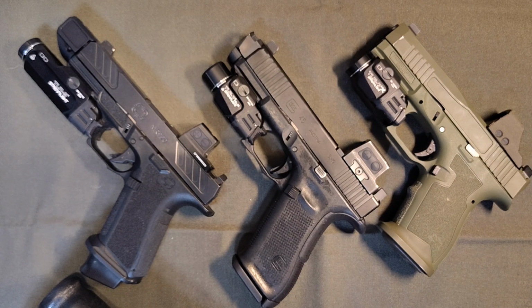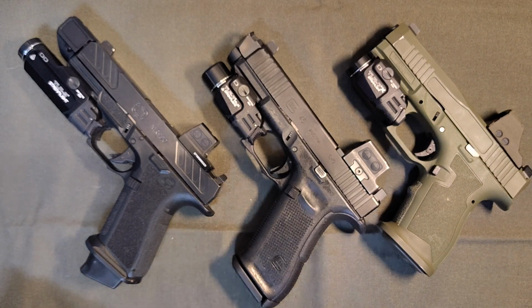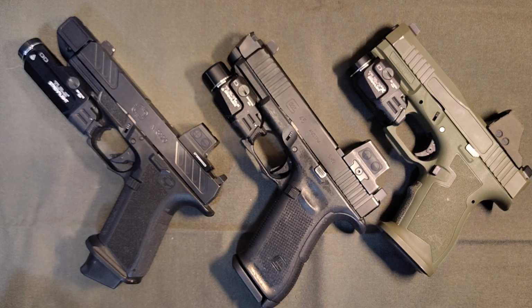They have a great warranty policy. I've had some things happen, and they made sure that I got it taken care of right away. I've never had an absolute failure from Streamlight. I actually had a copycat Streamlight that I bought from a seller off of eBay. I won't tell his information, but I sent it in to Streamlight, and they said,